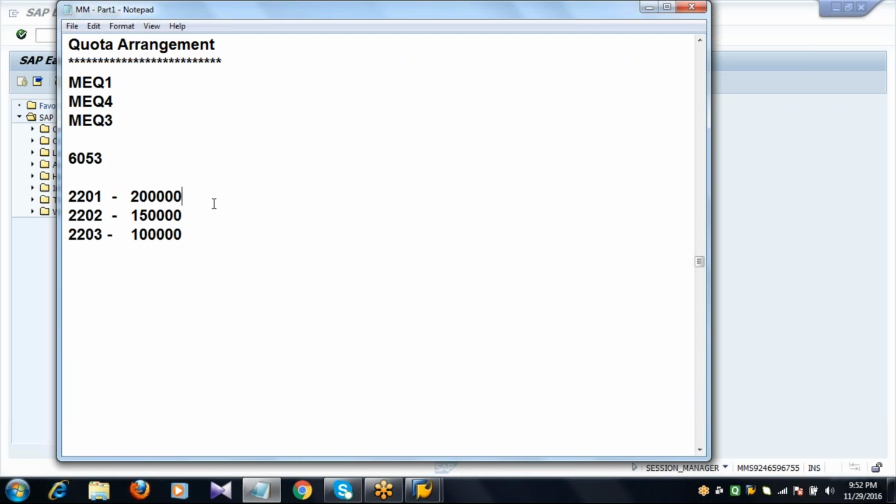Now, I created a purchase order for the vendor 2201 for a quantity of 2 lakh kgs. Therefore, what does it mean? Allocation for this vendor is completed.